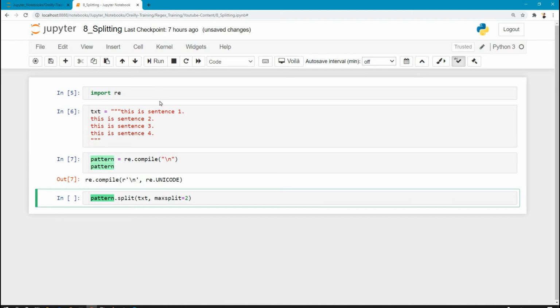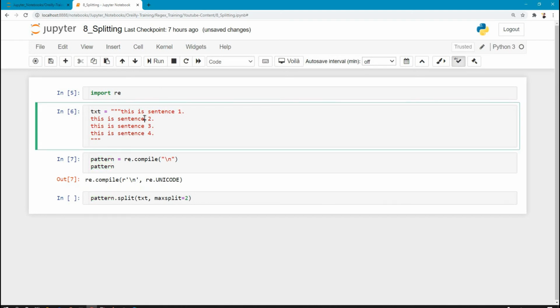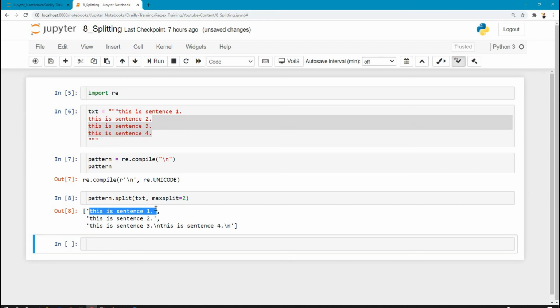So it will break the string into 2. So this is first part, this is second part, and these two will become the part of the remaining split. So this is first split, it was split here, and the second part split here, and the remaining will be put here.